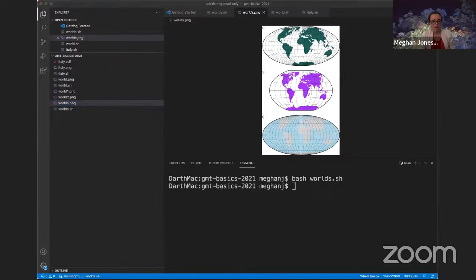And so we're gonna jump into our breakout rooms and try out modifying these scripts to make a few different plots. And for the first exercise, we want you to modify the italy.sh file to plot a map of your home country. And if you happen to be from Italy, you can plot a country of your choosing. And in the second exercise, you should modify